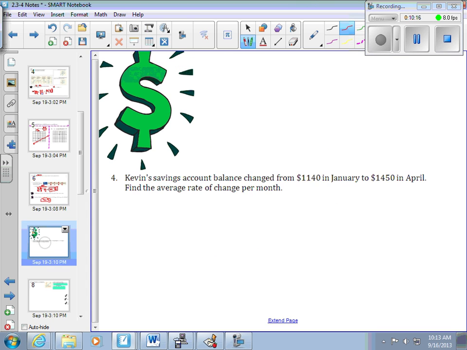All right. Problem 4, this is the one dealing with money. It says Kevin's savings account balance changed from $1,140 in January to $1,450 in April. Find the average rate of change per month. Okay, again, average rate of change, what's the slope? So you've got to subtract some things on top, subtract some things on bottom, and find out on average how much is it changing. So we need to take the money here